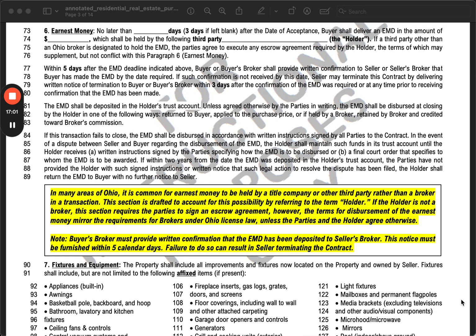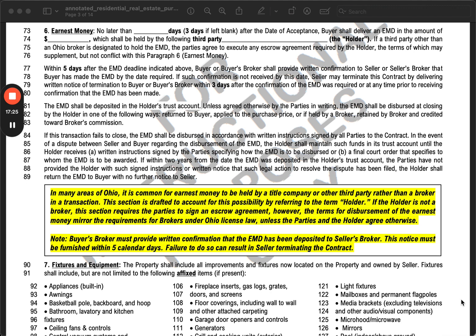This section is different than what we are used to again in Northeast Ohio, so please pay particular attention to lines 73 through 83, and I will address all of that when I read through it here. Line 73, earnest money. No later than blank days, 3 days if left blank, after the date of acceptance, buyer